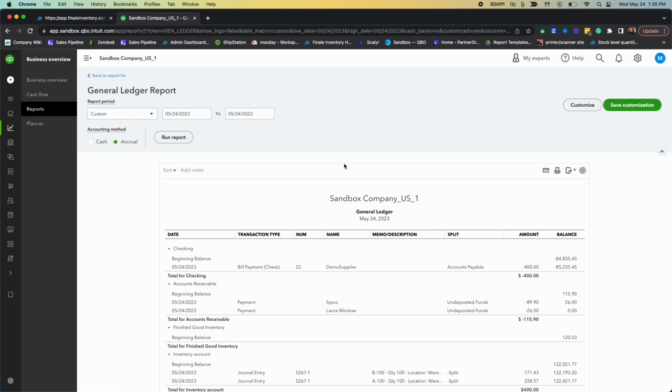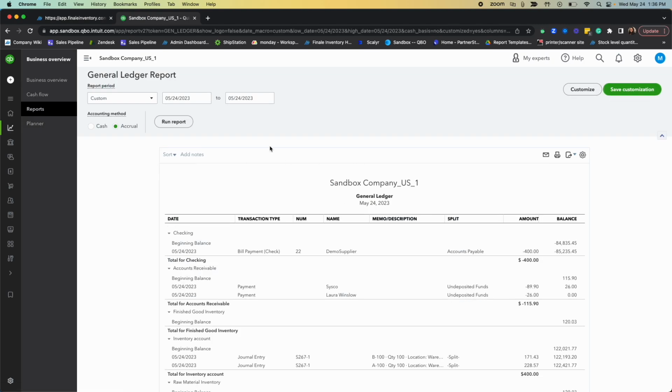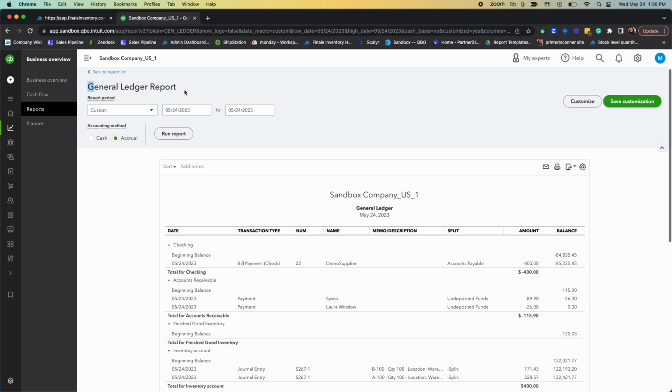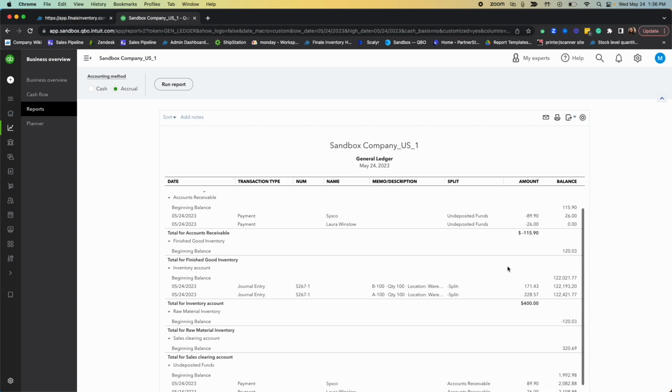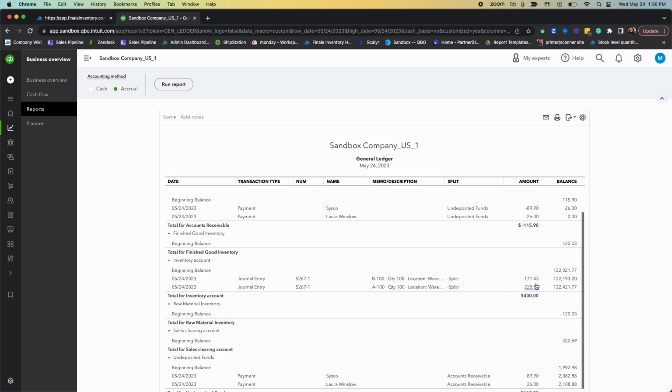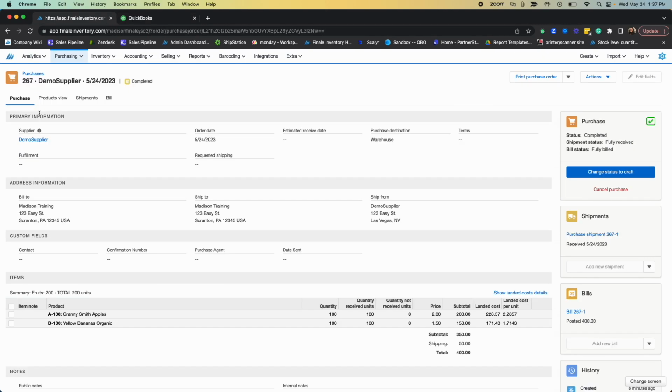So now we can jump back to QuickBooks and look at our report. I just generated this general ledger report for today only, and we can scroll down and see that the bill payment is reducing the accounts payable, and we can see that the inventory account is increasing. So not only will you be able to see in QuickBooks on that general ledger report what accounts have been